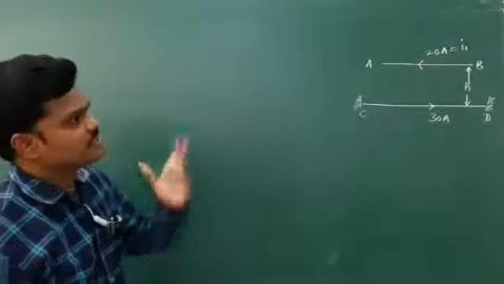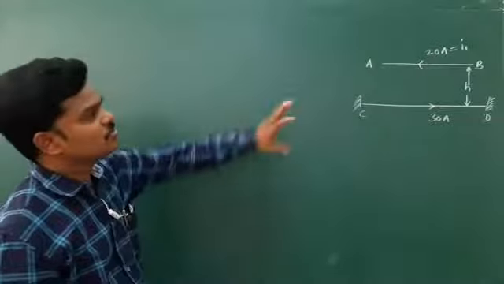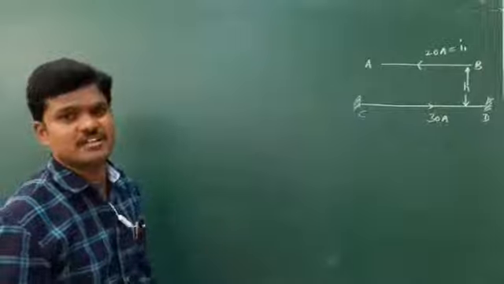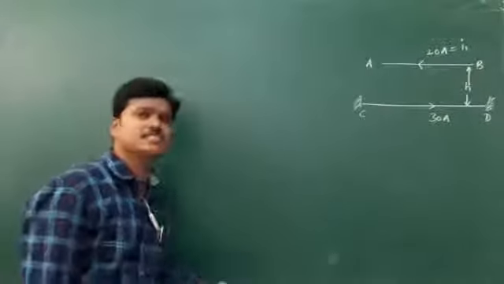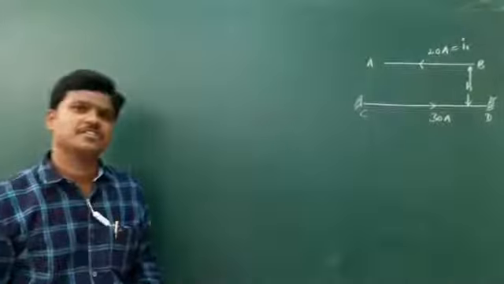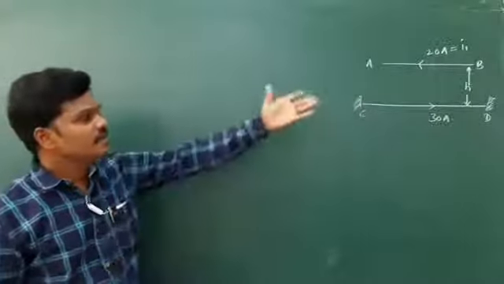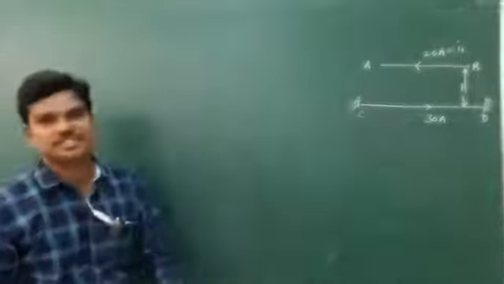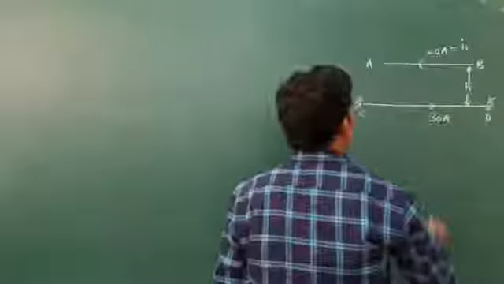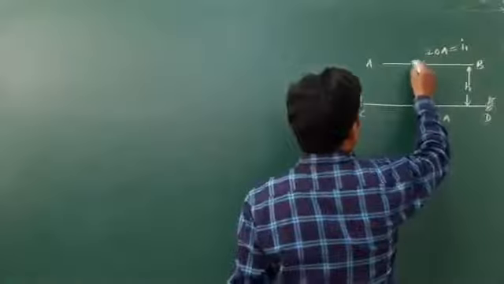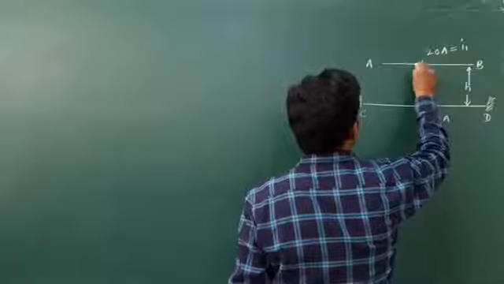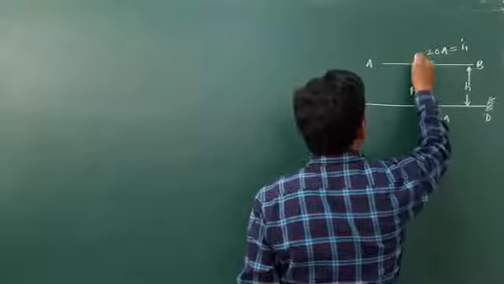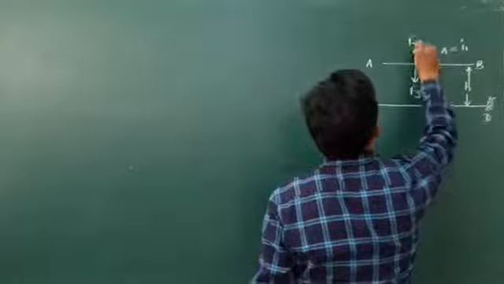So the gap between the wires is h, because those two carry currents in opposite directions. Definitely they will repel each other. If they carry currents in the same direction, they will attract each other. You know all these things. Here they carry currents in opposite directions, so they will repel each other. Here at equilibrium, if m is the mass of the wire, then the force due to gravity will act downwards and the magnetic force, no doubt at all, acts upwards.